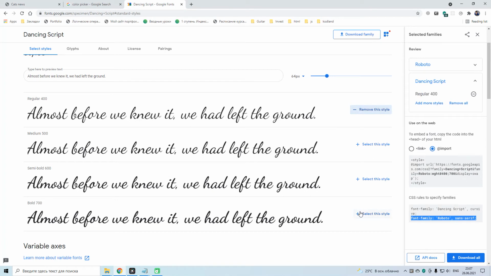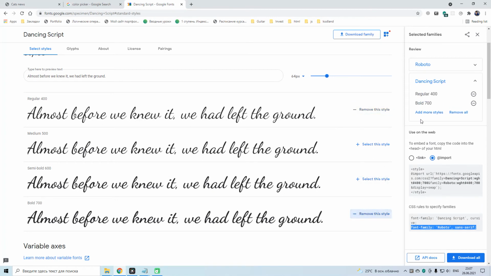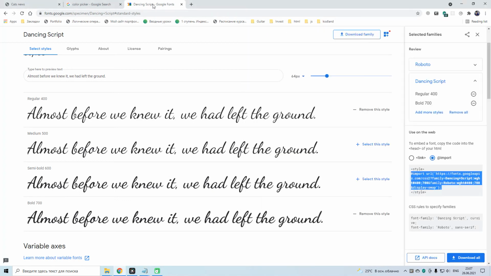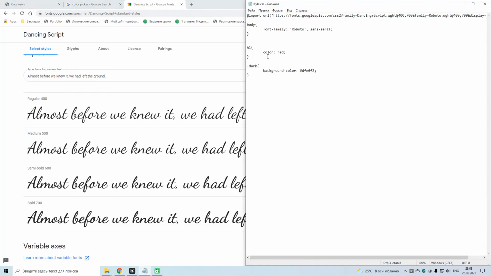Regular and bold, the same. We can simultaneously import several fonts. So we have Dancing Script and Roboto, and I must take this import and change our previous import to new. And for our headings,